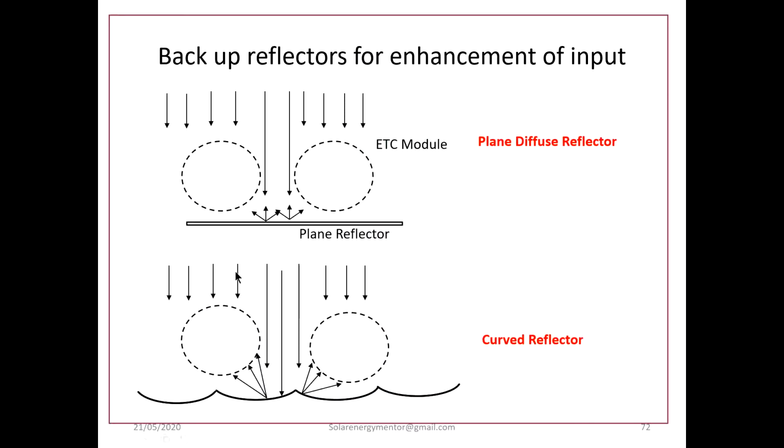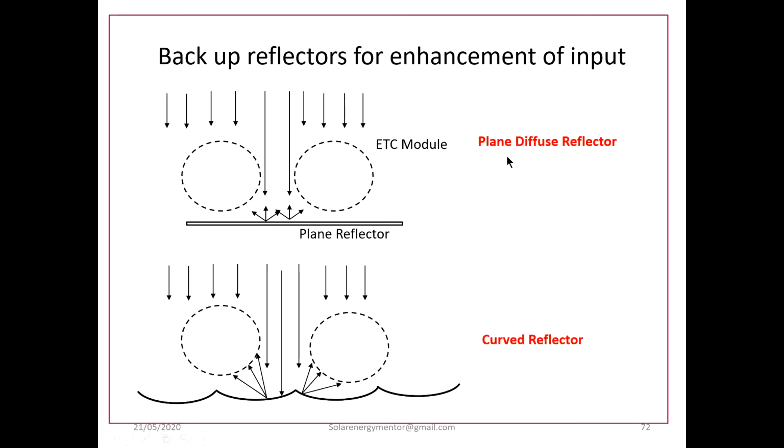Now many a times these tubes are arranged in rows. Now in between the rows the solar energy incident in the gap is wasted. Nowadays the practice is to provide a plain reflector like aluminium. So if you provide an aluminium reflector here, then the solar energy falling or incident on this gap also can be made use of.